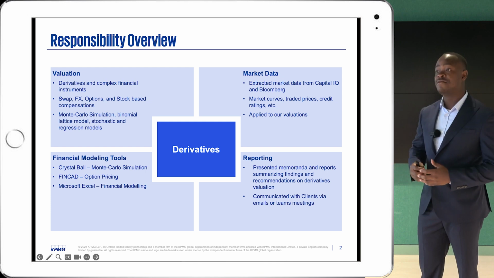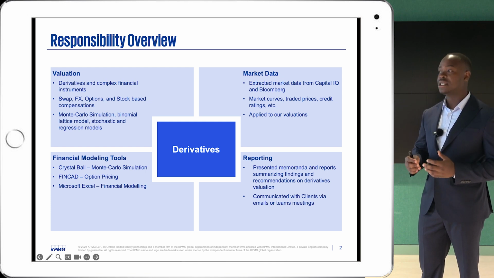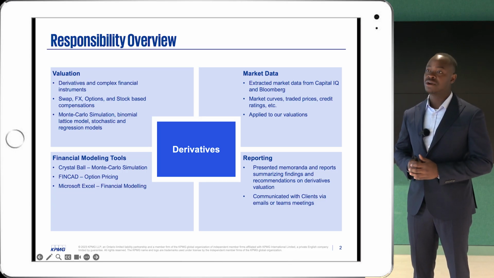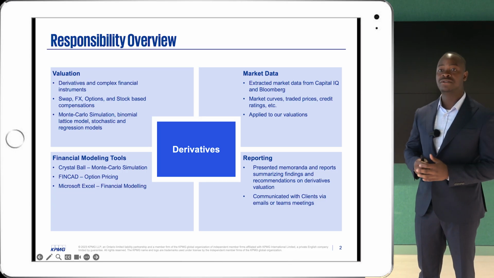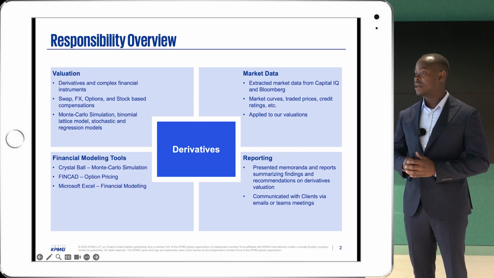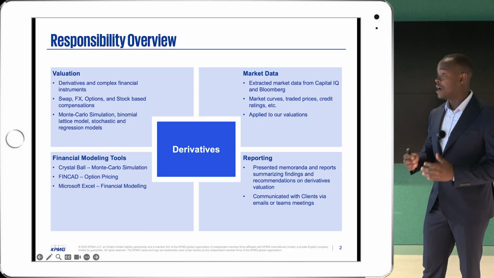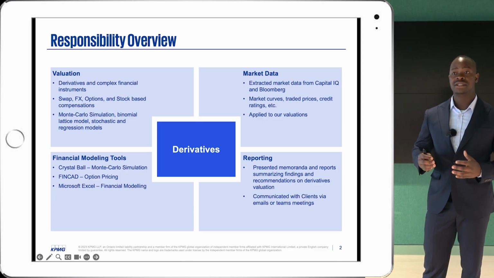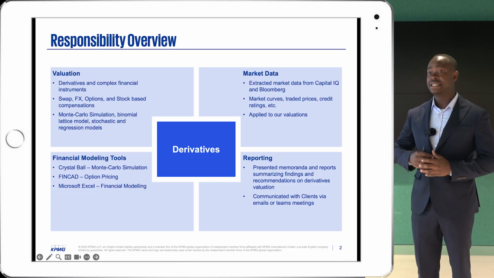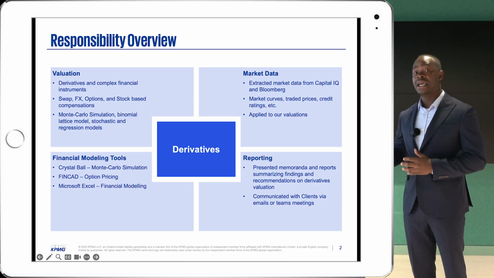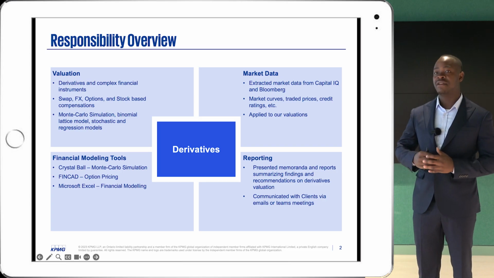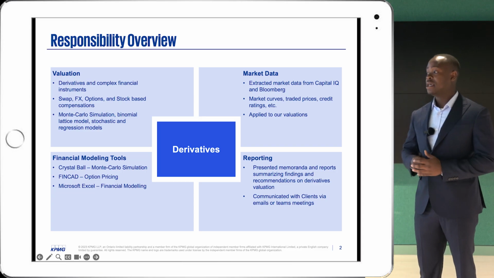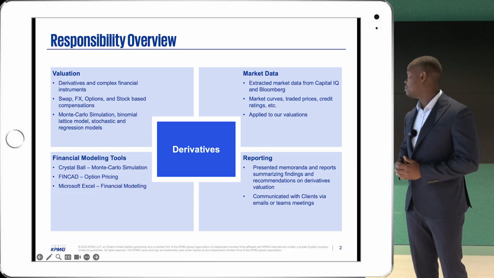A PSU is a form of equity-based compensation that is given to executives, and it's usually vested based on a performance period, usually relative to the TSR of a group of peer companies. So to value this instrument, I would build a Monte Carlo-based simulation model where I would simulate thousands of share prices for the company as well as its peer companies to try and find a probability-weighted payout and the fair price for reporting purposes.